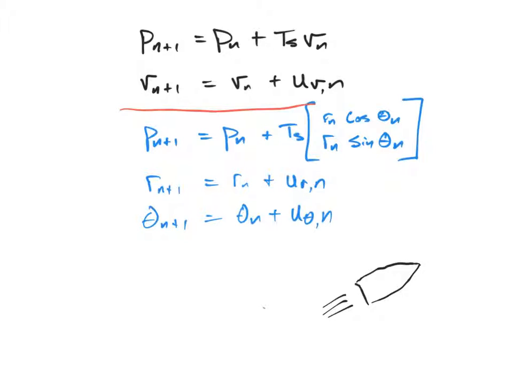I've mentioned a couple times that there's another model you can use, and I don't know if I got this right. I meant to look it up, but I just ran out of time. But you could, just as before, say the position in 2 dimensions, this is a two-dimensional vector, is equal to what it was plus the sampling interval. And then I've got the velocity, but now I'm expressing it in a different form, in polar coordinates, basically, where I say, well, you've got,